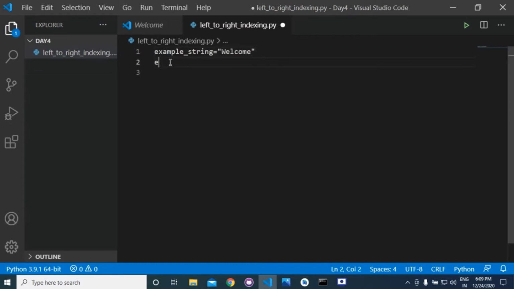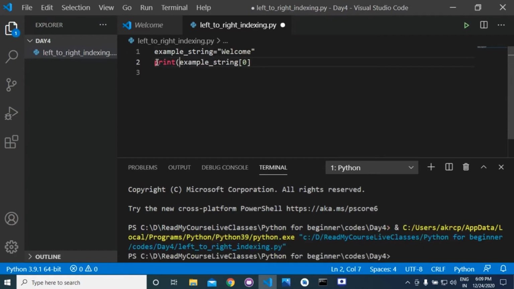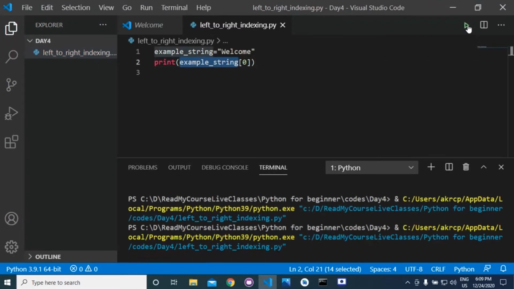Okay. So if we write example string of 0, then, okay, I'm not printing it, so we need to print this. If I write print example string 0, then what will the answer be?